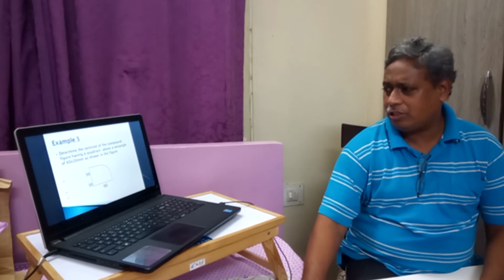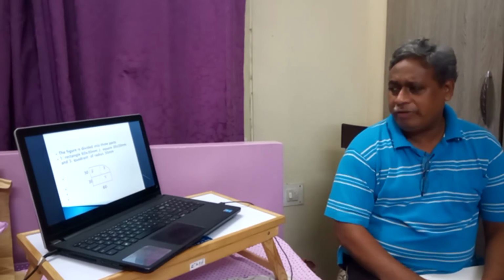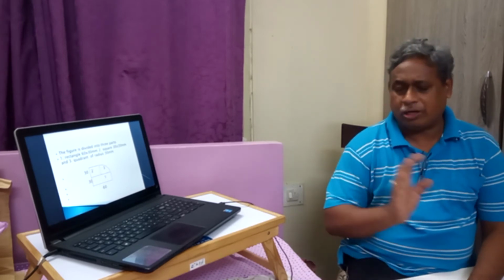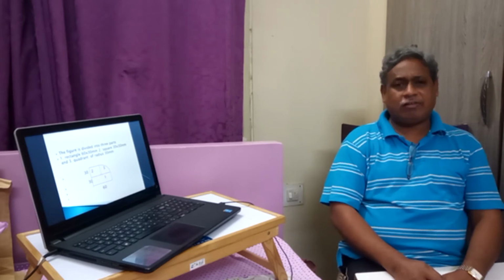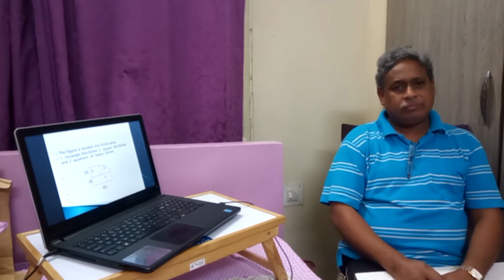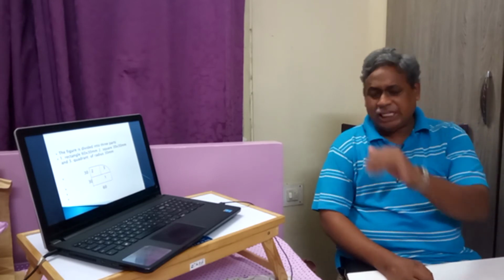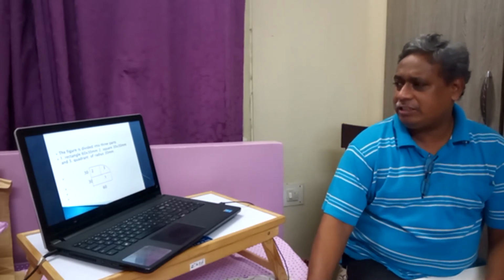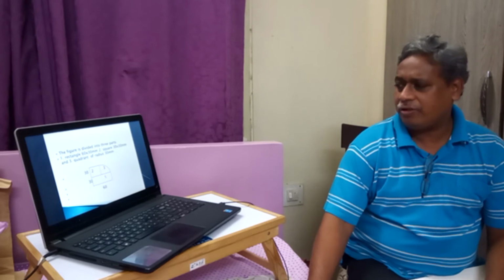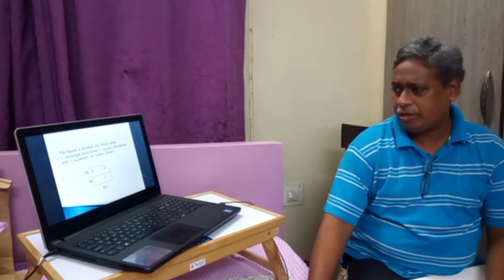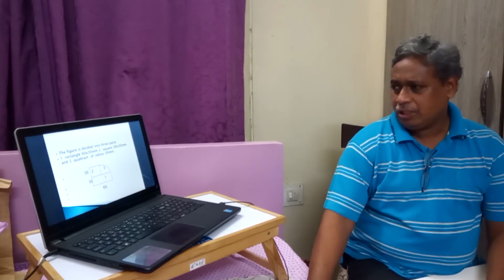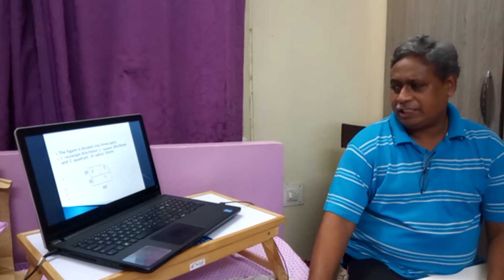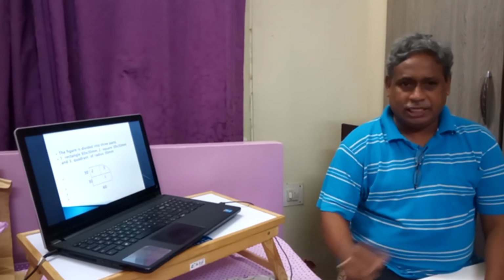Now we can divide this figure into three parts like this. That is one part of 60 into 30, the other part a square of 30 into 30, and a quadrant of radius r, that is 30. Here the figure is divided into three parts: a rectangle of 60 into 30 at the base, a square at the left side, and a quadrant of radius 30 on the right side. So this forms the entire figure.